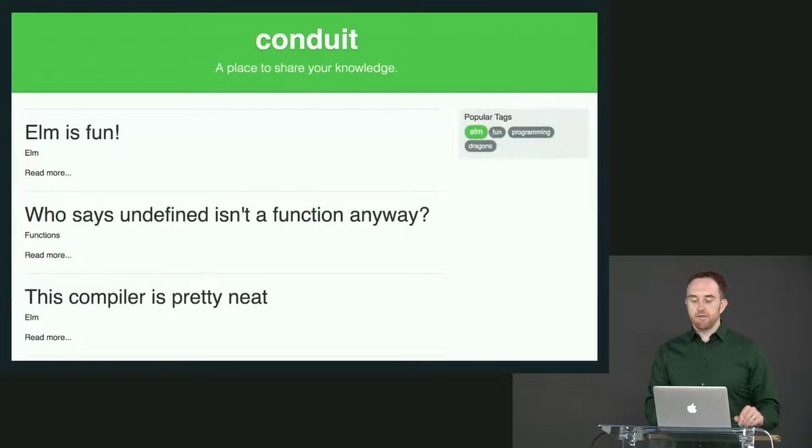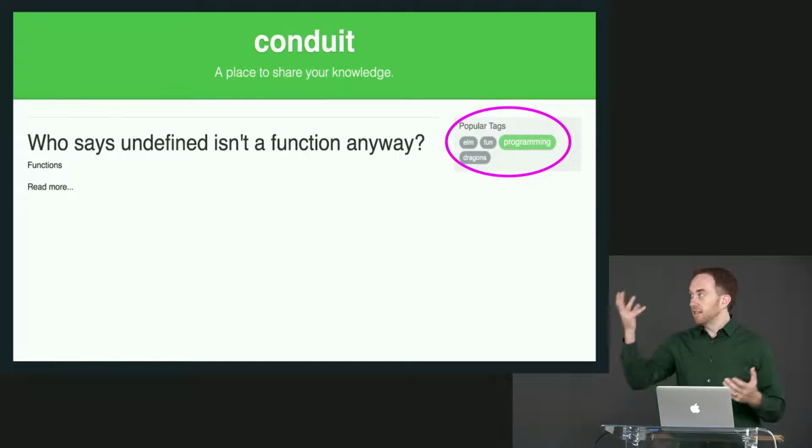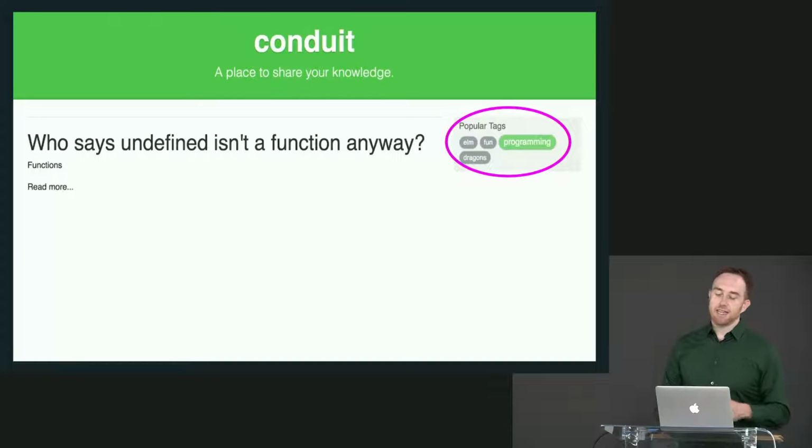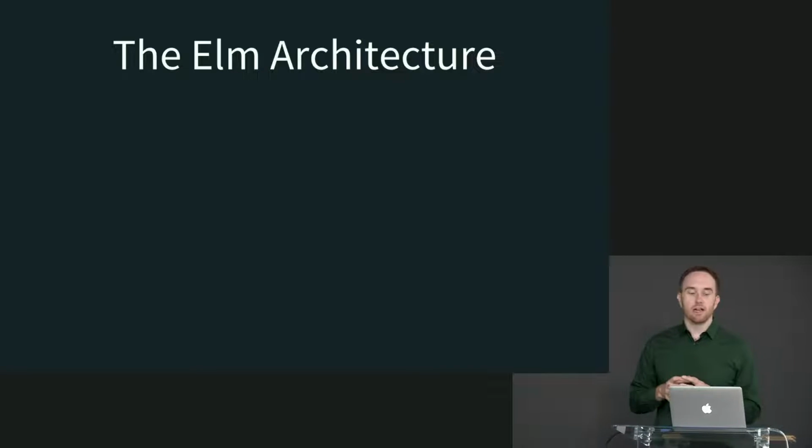So for example, if this is all of the things related to the Elm tag, and then I click on the programming tag, then maybe it's going to come back with just this one element in the feed because that's the only one that happens to have that particular tag. Okay, to do this, to make this interactive, we're going to need to introduce one more concept, which is the